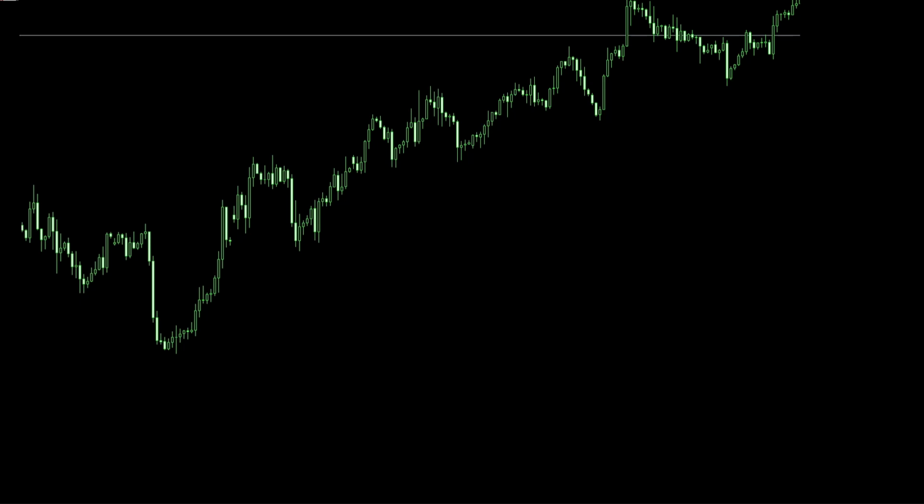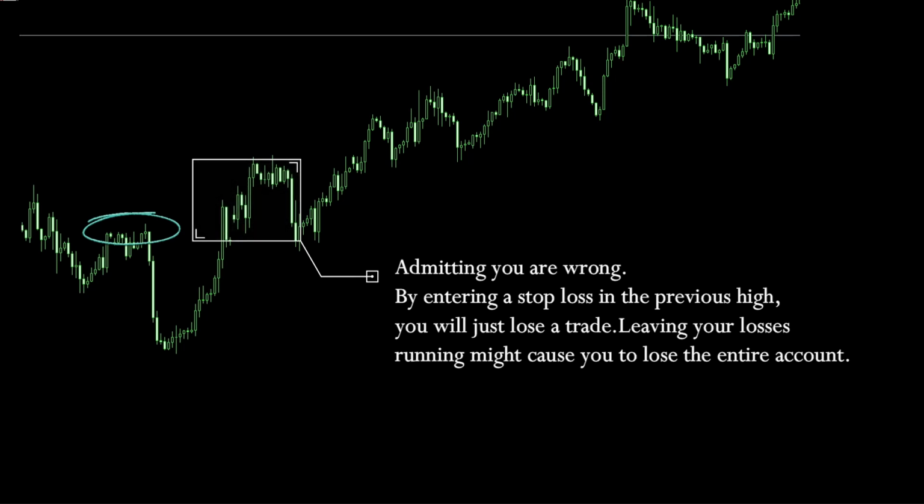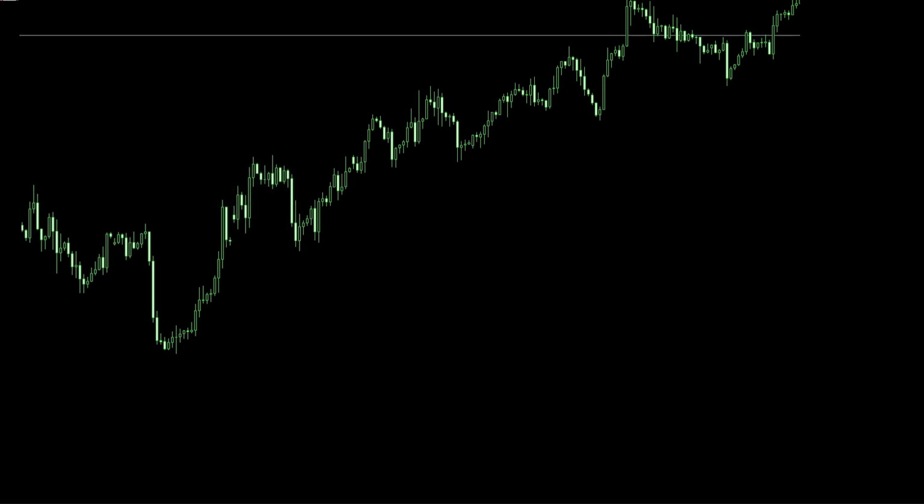Do not chase the market. Do not leave your losses running. Only if you see the market is running out of steam, at this point, you can adjust slightly your stop losses. Your initial speculation was wrong. Cutting your losses early will help you a lot. The trend might eventually return and you might regret you didn't leave your trade.